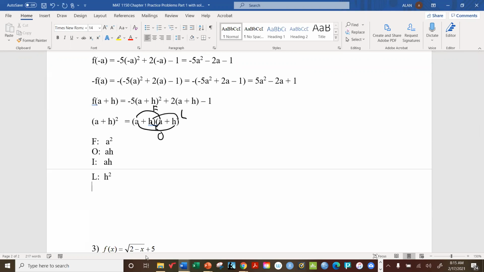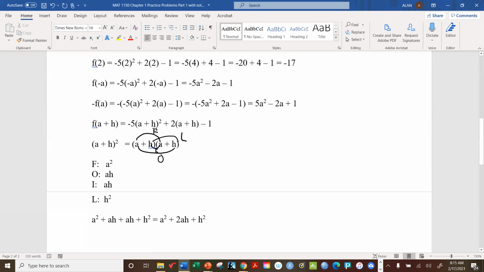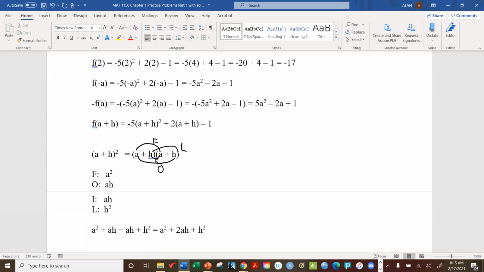So when you consolidate these terms, you've got A squared plus AH plus AH plus H squared, which would be simplified into A squared plus 2AH plus H squared. And let's come back up here. The reason why I went through all these steps is because that's what's going to take the place of